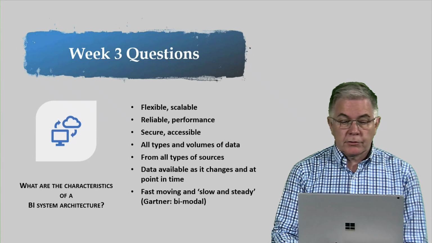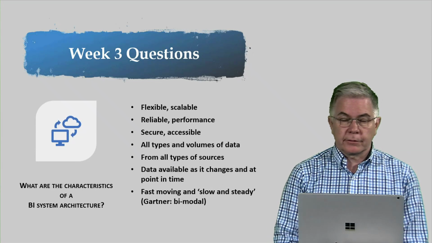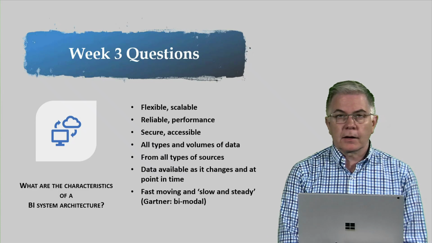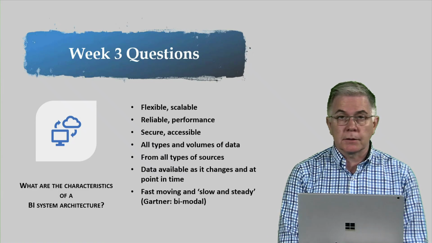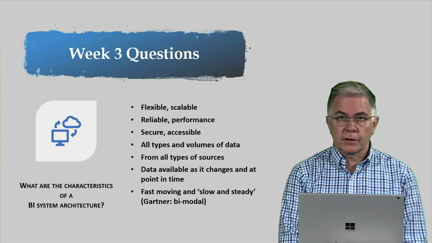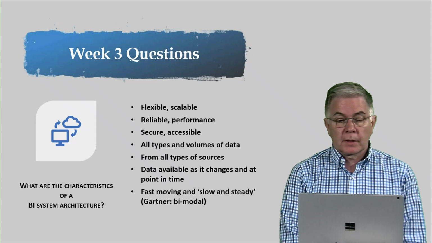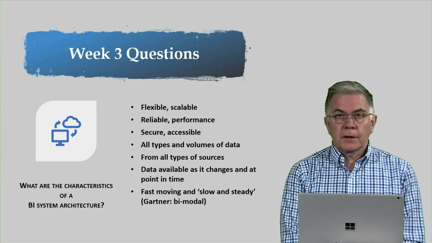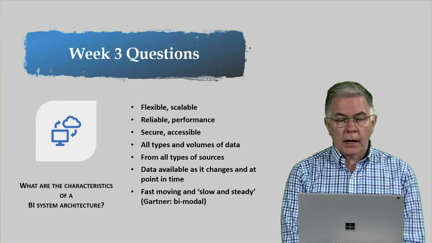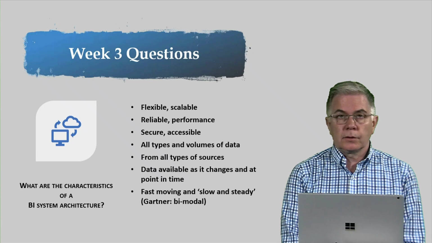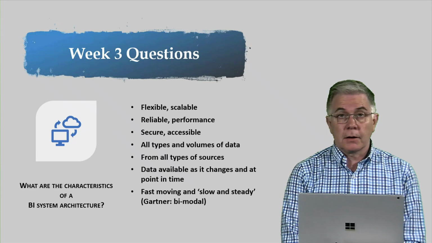Our next question is really about what are the characteristics of business system architecture. So if we have a sense of what that architecture should achieve, what it should be doing, and its role in the broader organisation in supporting decision making, we want to have a look at what's the shape of it. So this is very much a generic list that would apply to all architectures regardless of the size of the organisation, the type of organisation, how it changes.